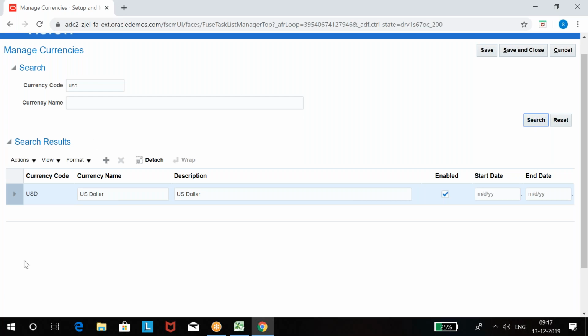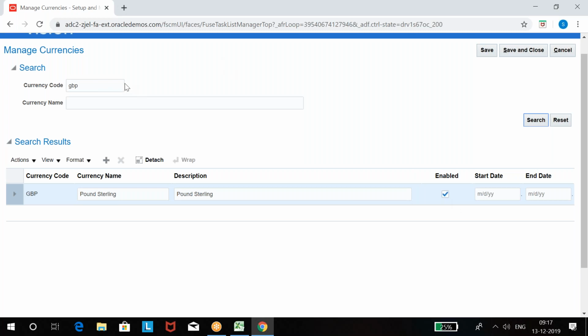So once I find this US dollars, I can see here, and this is enabled already. Okay, if you see it as disabled, you will see it like this. You just have to enable and then save it. Okay, so whichever currency you want, you can find and enable. INR already enabled. GBP already enabled. Almost every currency is enabled. In real time, you may not see that, you have to enable it.